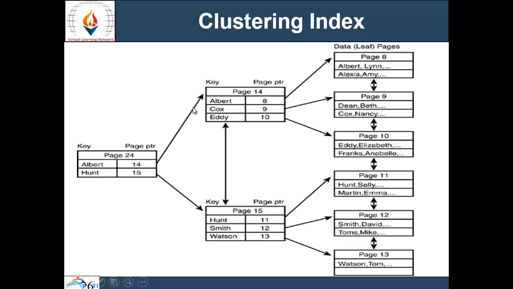It will point to page number 14. At this page, it again contains more than one entry, and the page pointer contains further 3 entries which point to another 3 pages. Similarly, at page pointer 15, there are further 3 more entries which point to 3 different pages in the case of a cluster index. This is all about the primary index and cluster index.